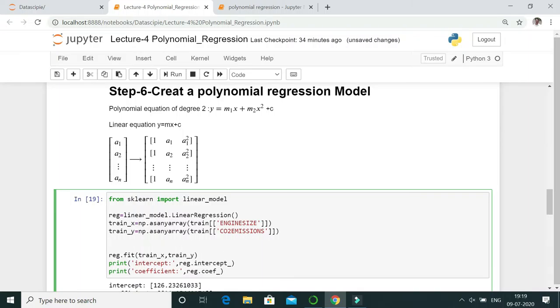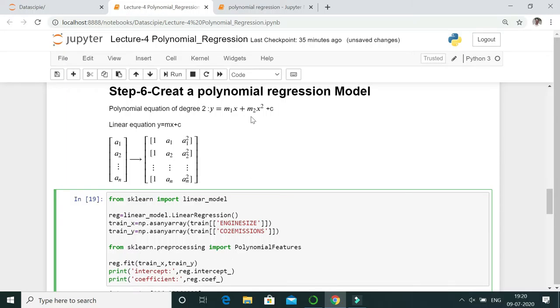So, from sklearn.preprocessing import PolynomialFeatures.